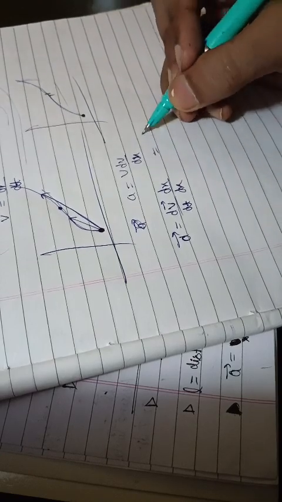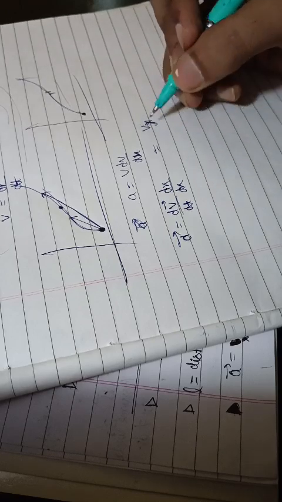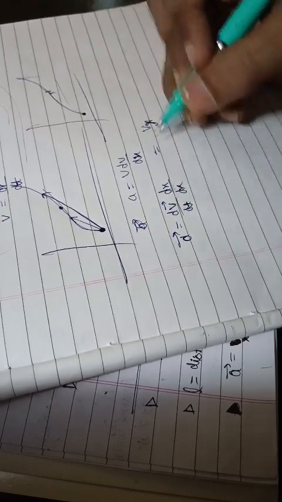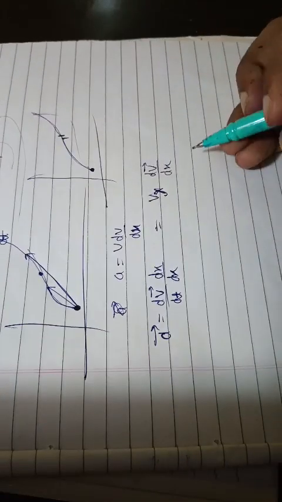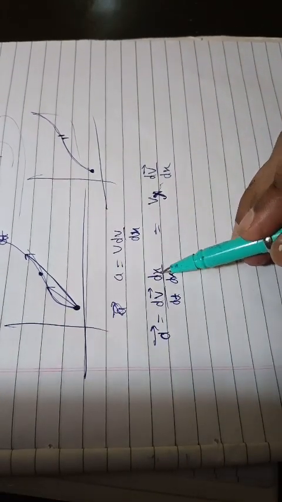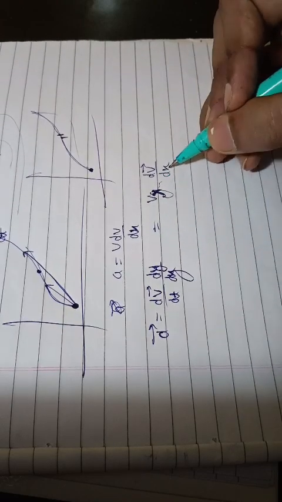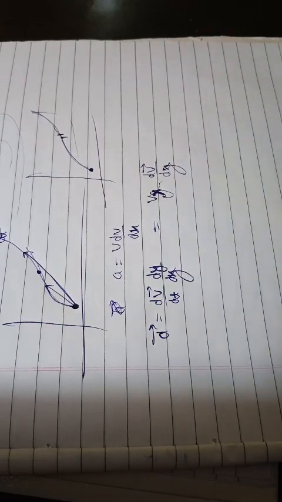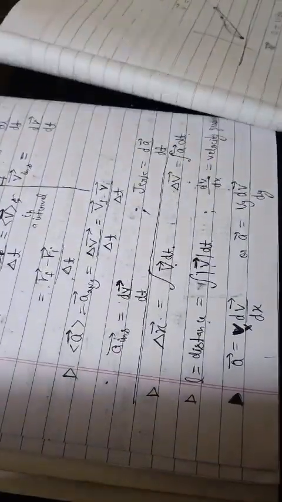Now dx by dt is vx, and we get v dv by dx. That's how this becomes vx. If we want to integrate along y, we make it dy by dy, and it becomes vy dv by dy. Okay, now moving ahead,